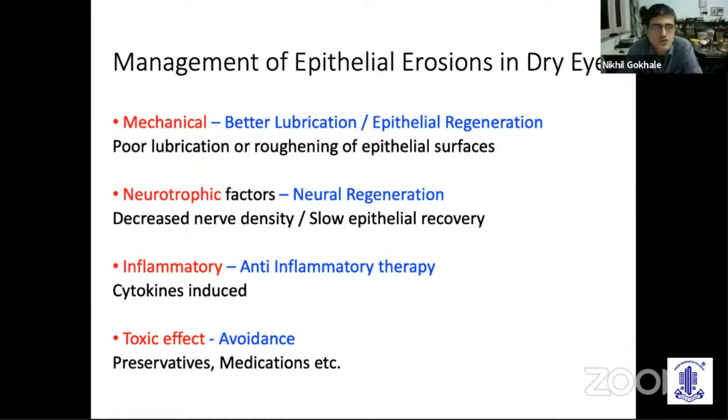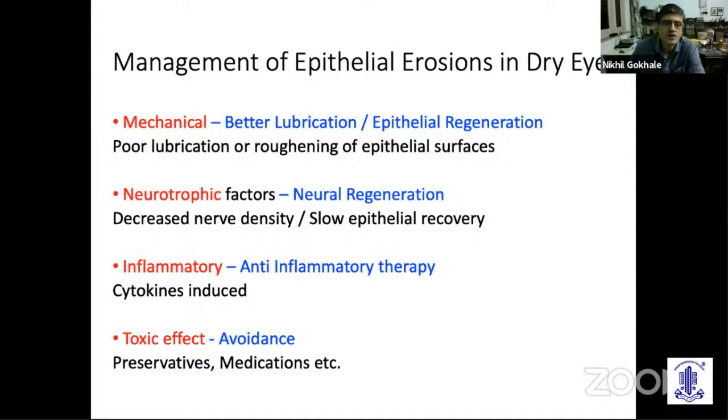So if you are looking at mechanical pathology, then you could try to use a better lubricant, and also use something which can help the epithelial regeneration so that the recovery is faster. If you look at neurotrophic factors, maybe you need to look at mechanisms by which you can induce neural regeneration. And of course, you will need to use anti-inflammatory therapy so that you can target the inflammatory cytokines on the ocular surface. And of course, you need to avoid medications and preservatives which may be toxic to the ocular surface